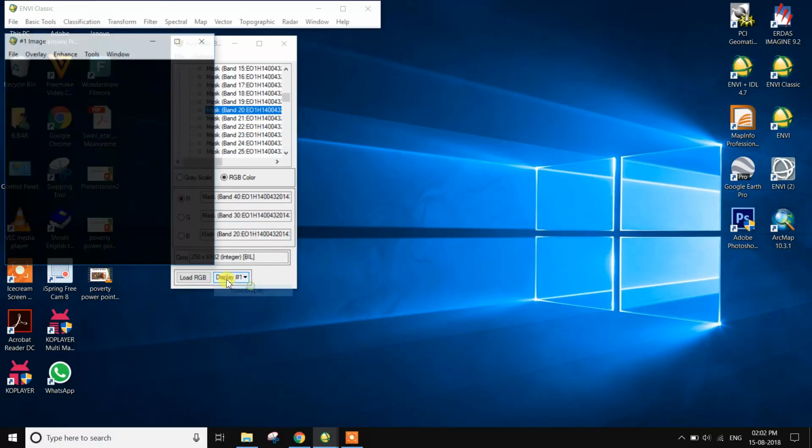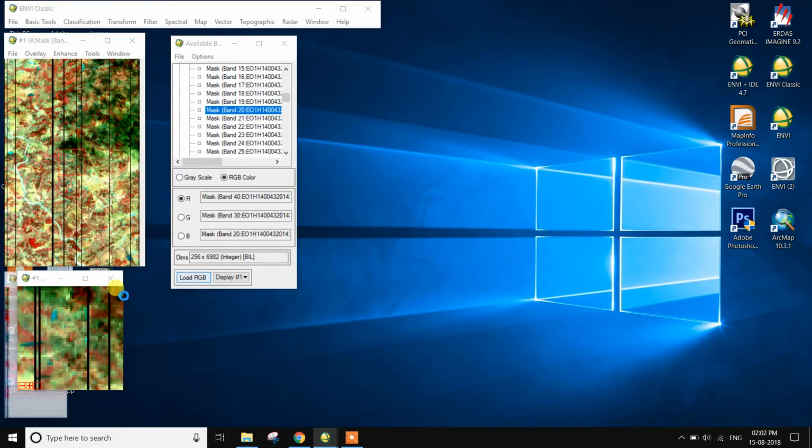New display, and load RGB. This is the masked band removal image. Open here. There are many bad lines present here. To remove these lines, there is a process called bad line removal for hyperspectral data.